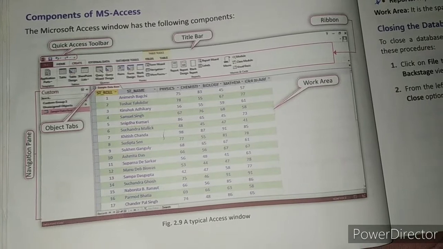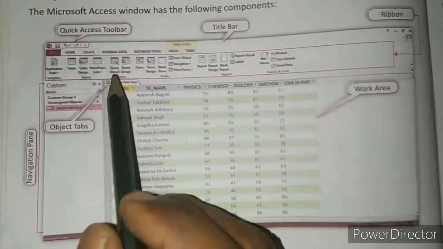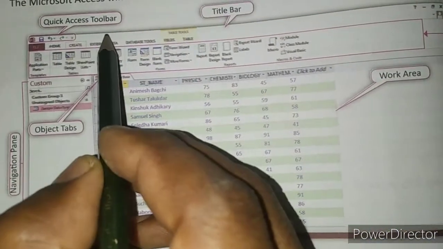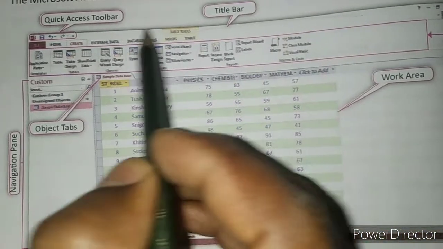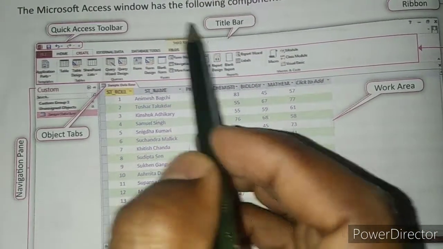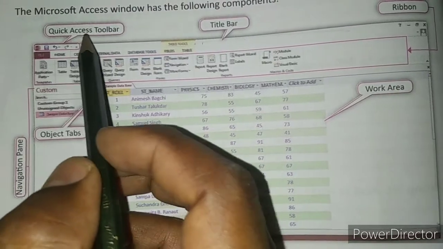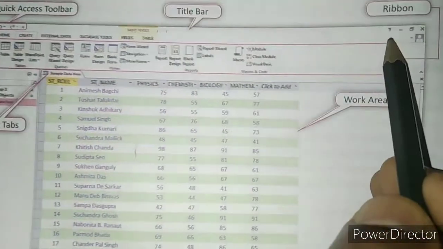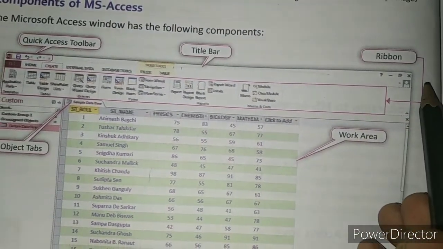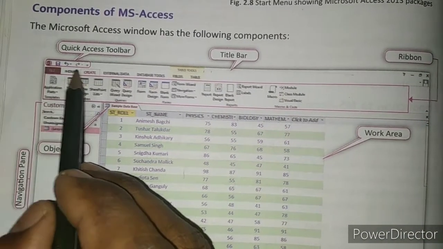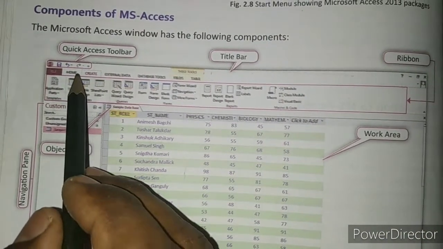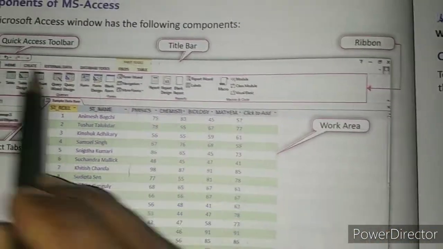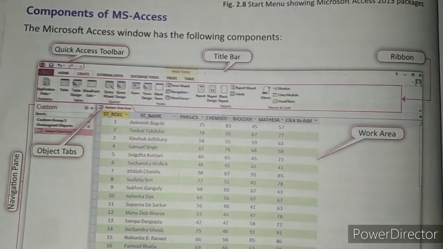When we click on this, the Microsoft Access window appears. Look here. This is the Microsoft Access window, and the white top you see is the title bar. Here the name of the database appears, and after that this is the quick access toolbar. Here undo, redo options are there, and at the last restore, close options are there. Below this there is a list of tabs, and when you click, options appear in the ribbon. So here it is the ribbon. When you click on the toolbar, many options appear in the ribbon.